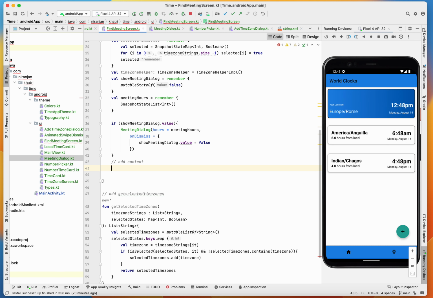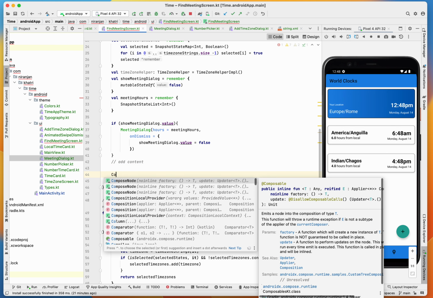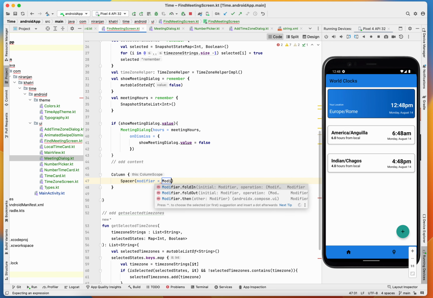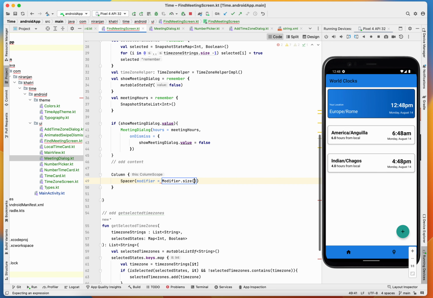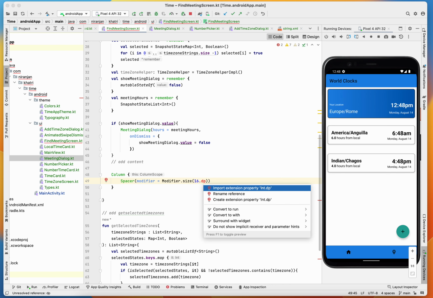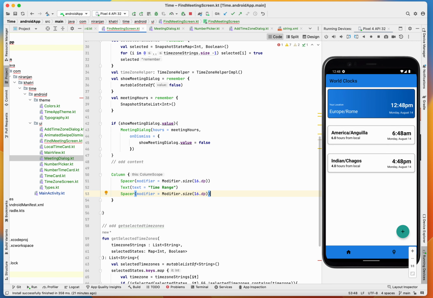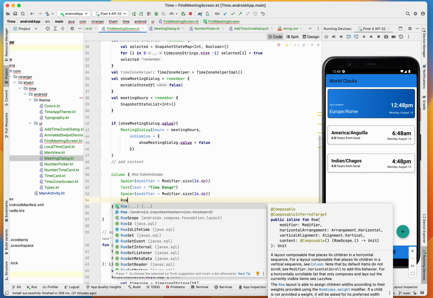Our content will consist of a column, spacer, modifier size of 16 dp, and we'll also have a text, your text will be your time range, and we'll also have another spacer of 16 dp. Then we also have a row of